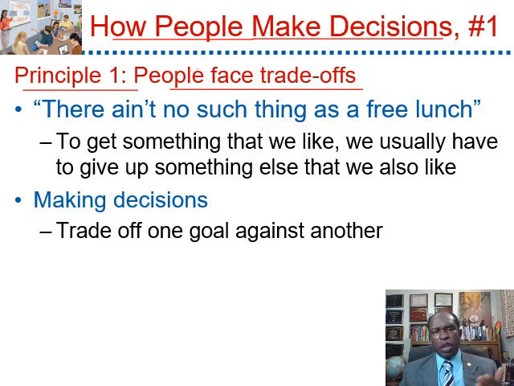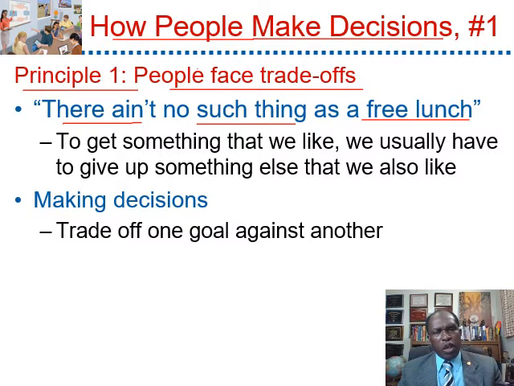What is a trade-off? Let's look at a famous quote from the great economist, the late great economist Milton Friedman from the University of Chicago. He said during his 1976 Nobel Prize acceptance speech that there ain't no such thing as a free lunch. What does Friedman mean by this famous quote? It means that